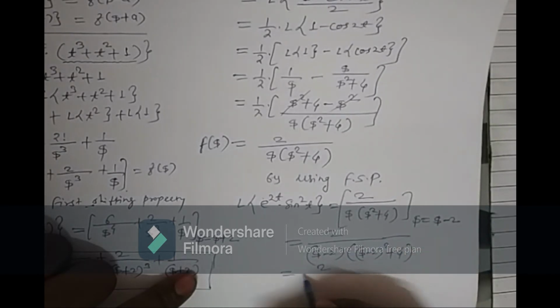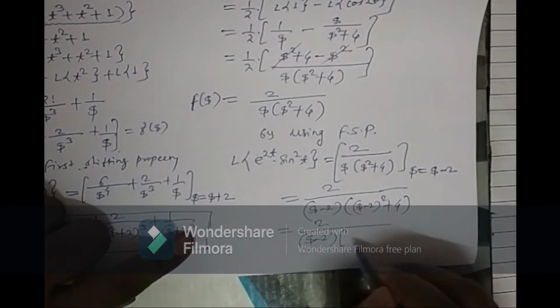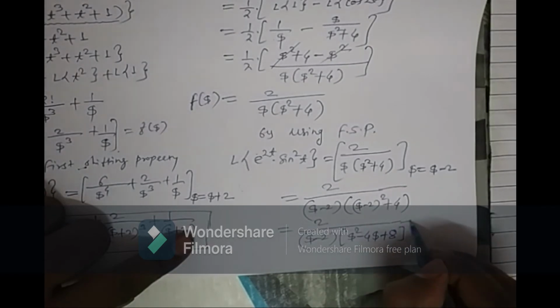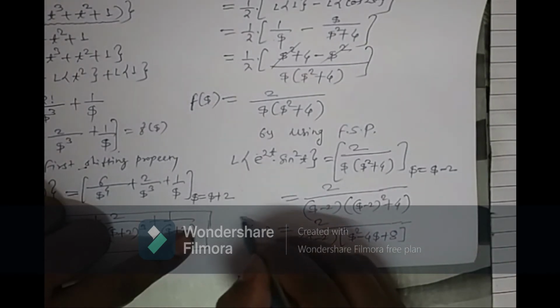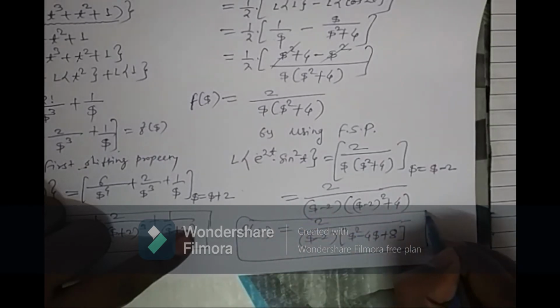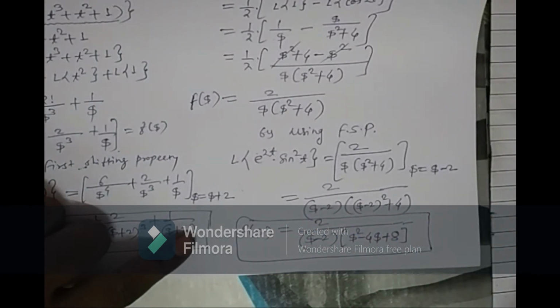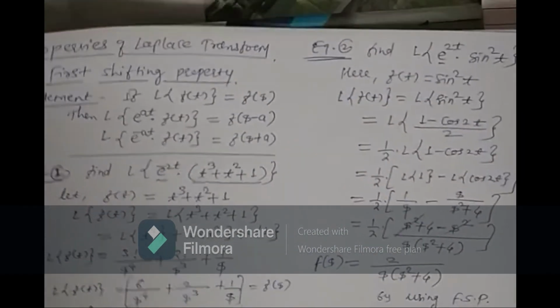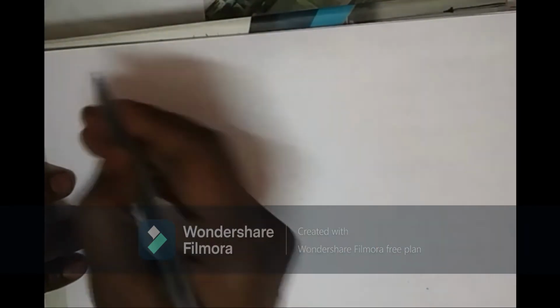If you simplify further, 2 upon s minus 2, in bracket, if you solve this, s square minus 4s plus 2 raised to 2 is 4, 4 plus 4, that is 8. This is your answer. So in this way you have to solve this type of examples. This is a very easy type. If you understand type number 1, then this type is very easy, just there is some extension at the last. So let us see another example to understand you better.